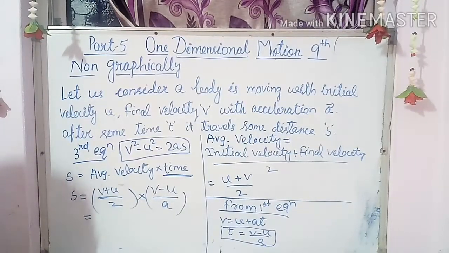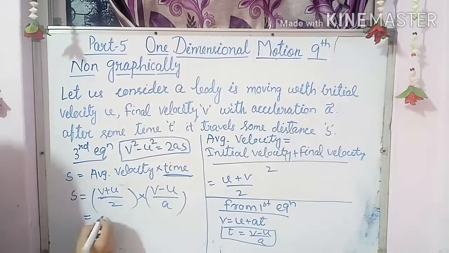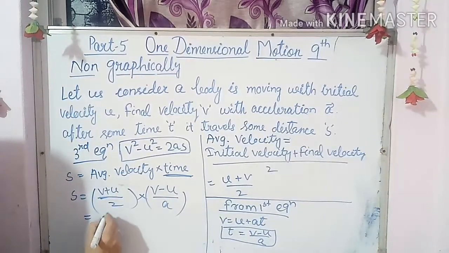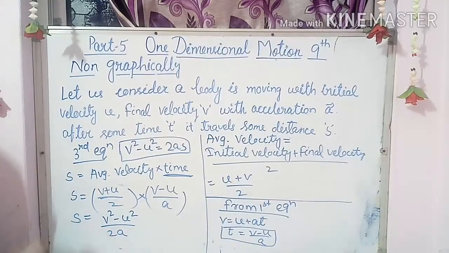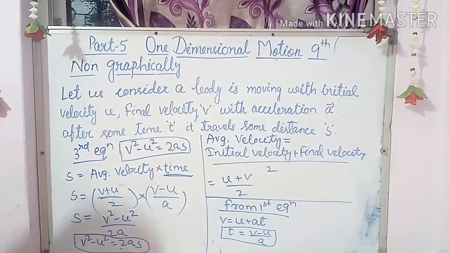It is very, very easy for you, because in mathematics also you can apply the formula. But don't worry children, and don't be nervous. If you cannot recall the formula in your exam also, you multiply this one, because you know the algebraic multiplication properly. So I am going to put the formula, that is A plus B into A minus B, that is A square minus B square. So you will get V square minus U square by 2A. Now by taking this 2A to this side, you will get V square minus U square equal to 2AS. This is the proof of your third equation. So very, very easy, non-graphical methods and graphical methods, but practice is very, very important for you.